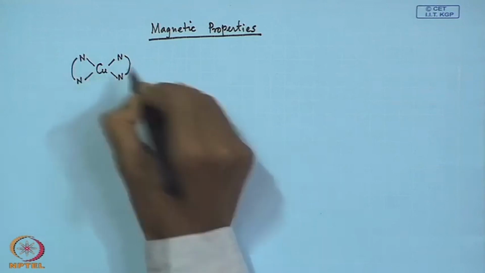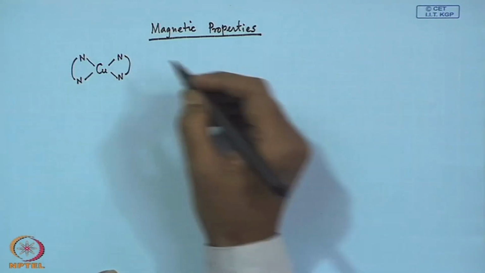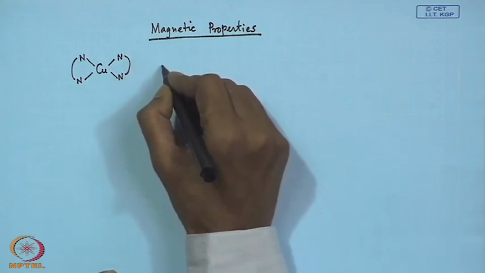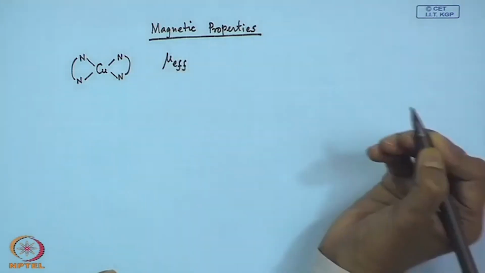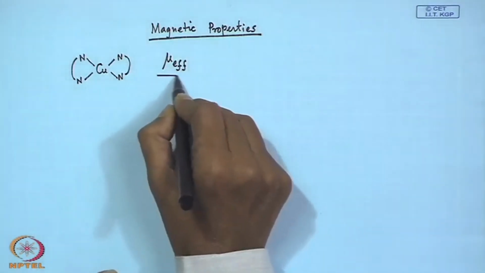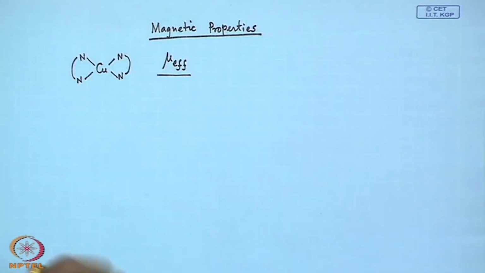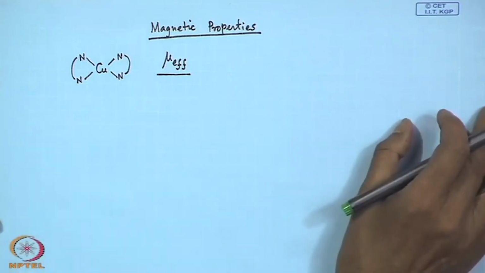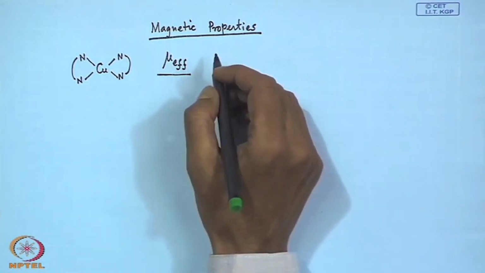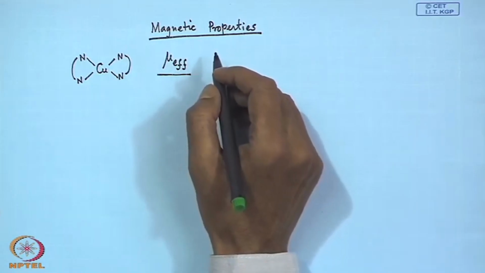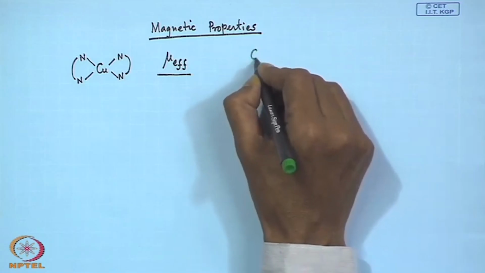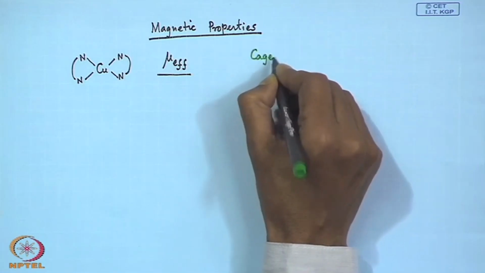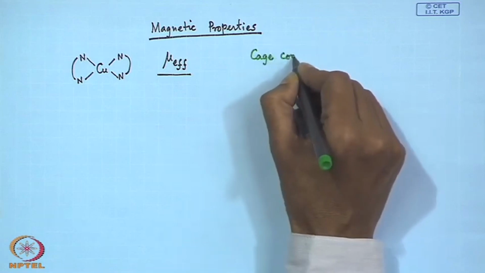and if we try to find out both theoretically as well as experimentally the corresponding mu effective values, how can we determine these mu effective values for simple mononuclear paramagnetic compounds? Because this area has now become a very complex one after the introduction of so many cluster or cage-like complexes. So when we see the cage complexes